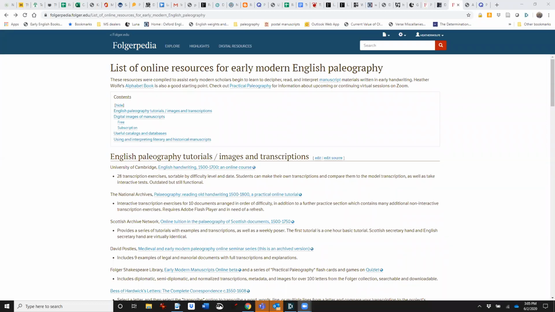I just went in last night to make sure all the links were working, since I hadn't checked the links in a year or two, and many of them had changed. So hopefully the links that I've now added are more permalinks, and they should all work. But I think that reflects the increasing number of ways that institutions, repositories, and projects are trying to share the images and the resources that they have, and it's been an evolving process.